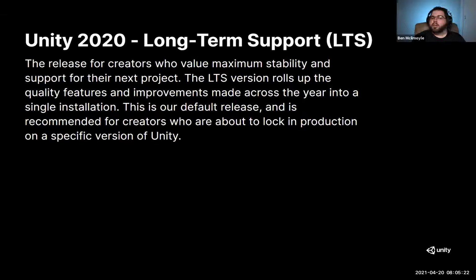So Unity 2020 LTS is our latest LTS release. This version is really all about stability and matured features. Last year, being 2020, was when we were working on features for this; it was our tech stream. But because people like yourselves, the developers, actually use this, they help us test these things. They find bugs for us. We fix them. We optimize. We stabilize. Then we bundle that all up and put it into what we call the LTS, or the long-term support version. So if you've been using Unity 2020 in the past, we came out with the first version, 2020.1, and then .2, and then the .3 version is what we call LTS, or long-term support.